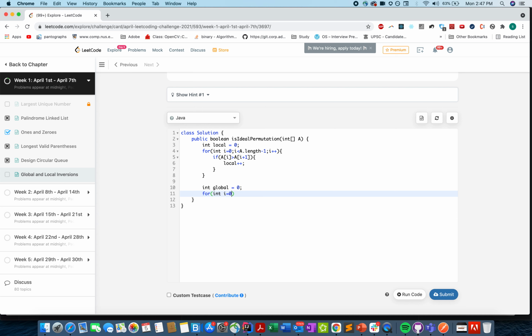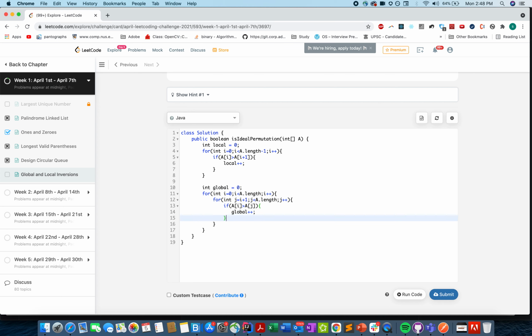Integer I equals to 0, I is less than a dot length, I plus plus, writing the jth loop starting from I plus 1, j is less than a dot length, j plus plus. If array of I is greater than array of j, I'll increment the global count.